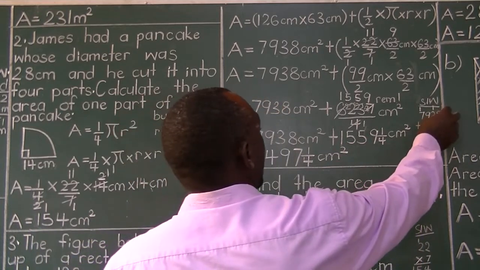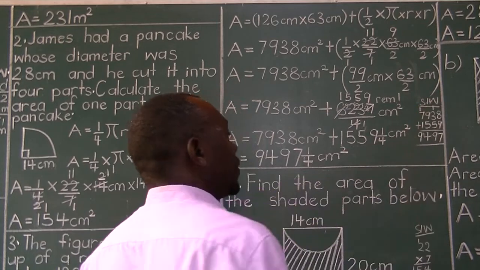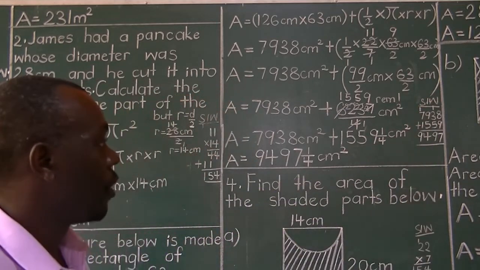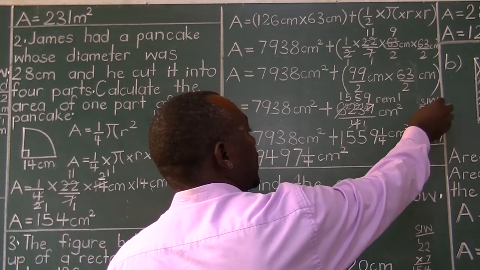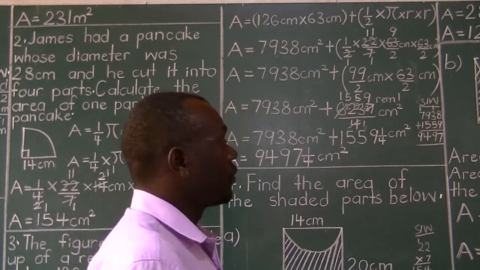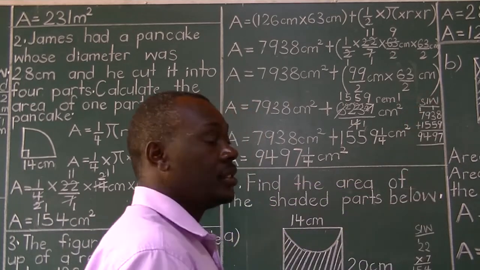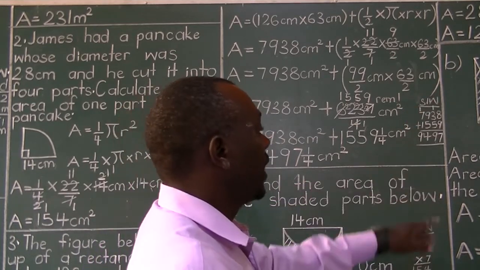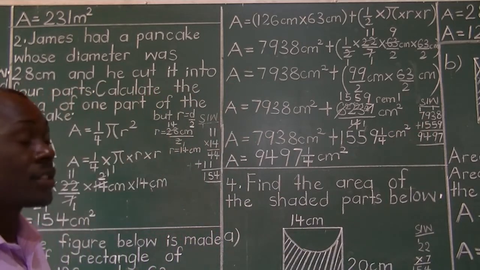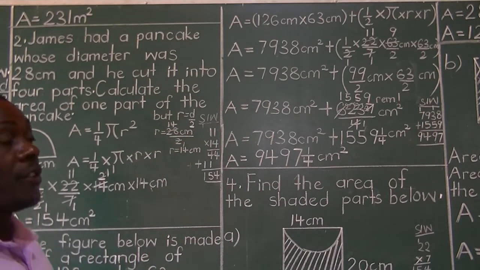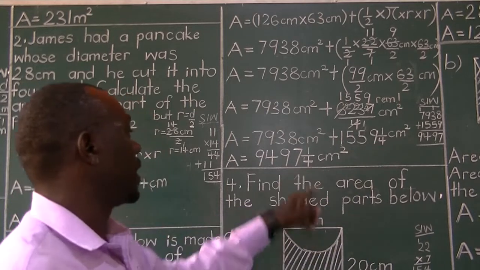We'll add 8 and 9 to get 17, group 1. 1 plus 3 is a 4. 4 plus 5 is a 9. Then write the 9 properly. 9 plus 4 you get 14. Write 4 and group 1. 1 plus 7 you get 8 plus 1 you get 9. So you get the whole numbers added and got 9,497. Then add a quarter, so that's the answer.